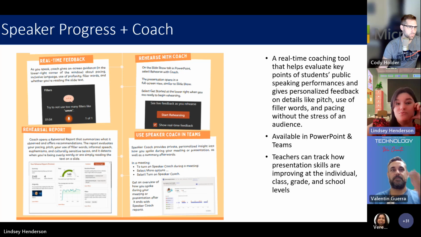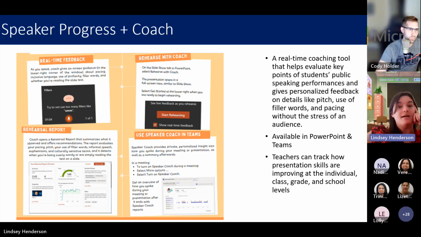After you do the practice, it's going to give you a report after your rehearsal, showing you in the bottom corner that breaks out the filler words and things like that. It can also give you real-time feedback while you're presenting, saying, hey, Lindsey, you're stuttering a lot. You need to focus. Or the biggest one for me is my pace. I am a very quick speaker, so that always lights up when I practice through Speaker Coach. Oh, there's a filler word. See, that also would have alerted me.